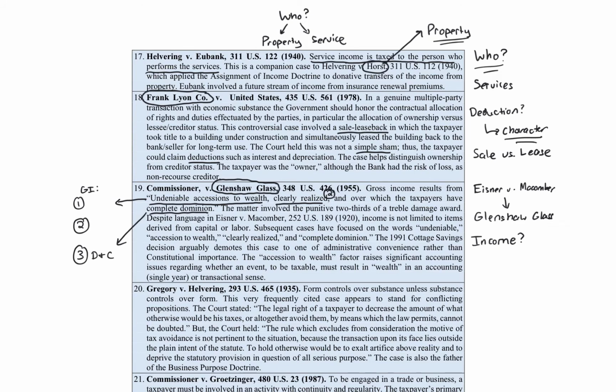So if you find a Rolex in the parking lot, and being the moral citizen you are, you turn it into the campus police, and they say, okay, we're going to have to keep this for a certain period of time. If they keep it for 3 years, you don't have gross income until you actually have outright access to it. Because basically what they're saying is that we're going to keep this until someone claims it. If nobody claims it, it's yours. So you don't have gross income until you actually get it.